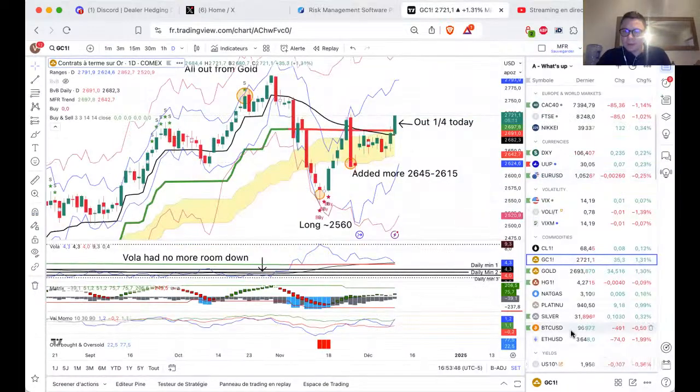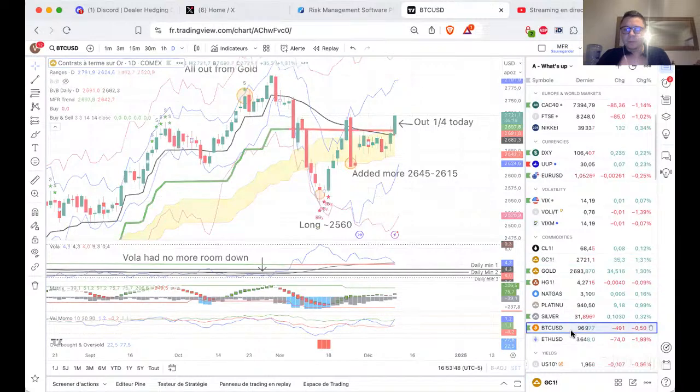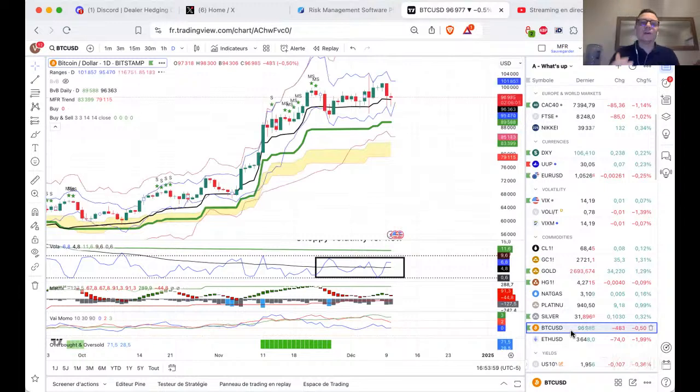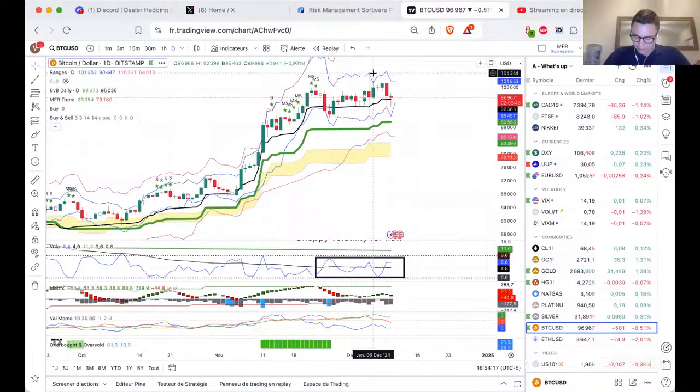And now to Bitcoin. Vi 2 weeks ago mentioned, I think Bitcoin was at 91K. It was at the low of the range, and you said if you are bullish, this is where you buy. But all of us, with Matt included, we are waiting for lower prices. So if you listen to Vi and you bought at 91, good for you. You could have gotten a nice move to the top of the range. For now, I'm not touching Bitcoin.